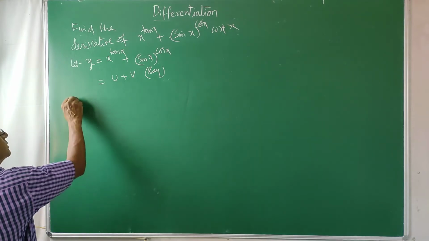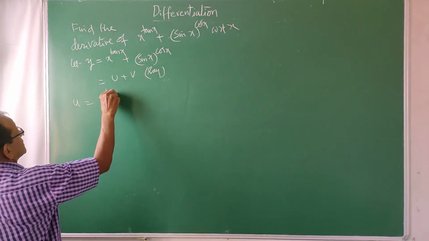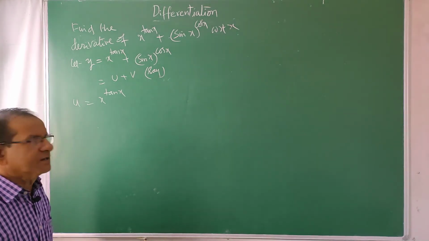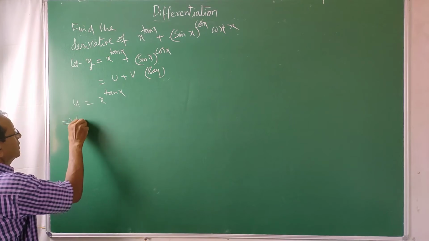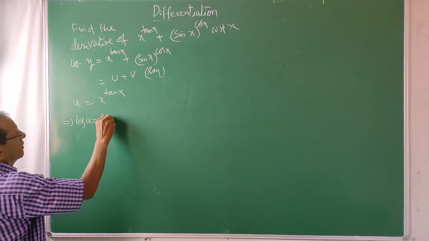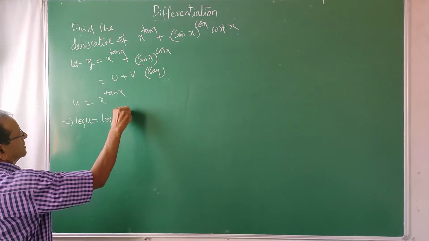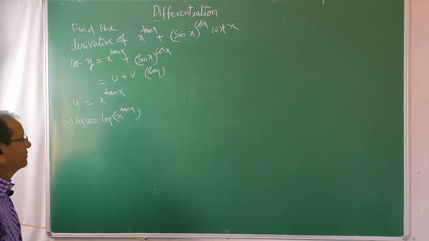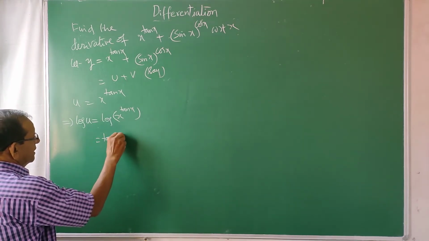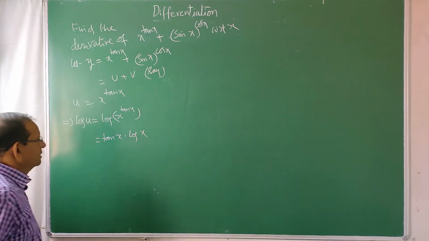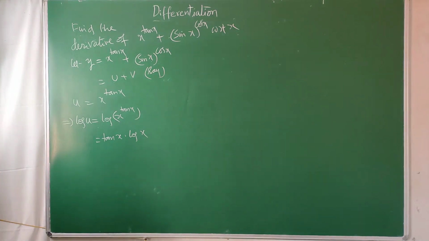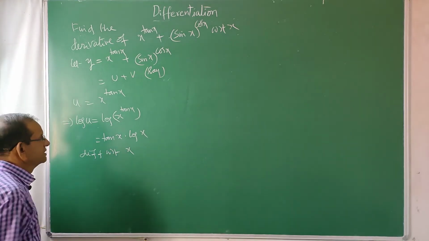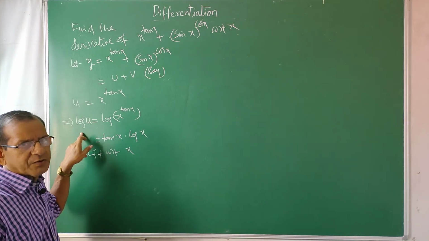So u is equal to x power tan x. Whenever a variable is there in the power, then we have to take log of them. That implies log u is equal to log of x power tan x. If there is a power for x, it will become a multiple. So this is tan x into log x. Now differentiate this with respect to x. Derivative of log u is 1 by u into du by dx